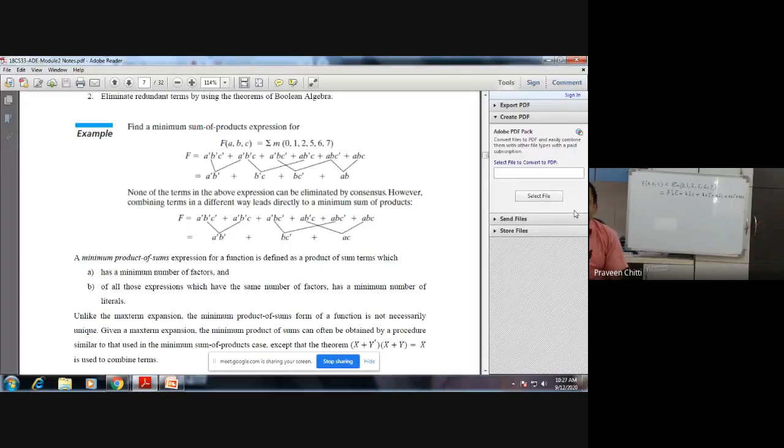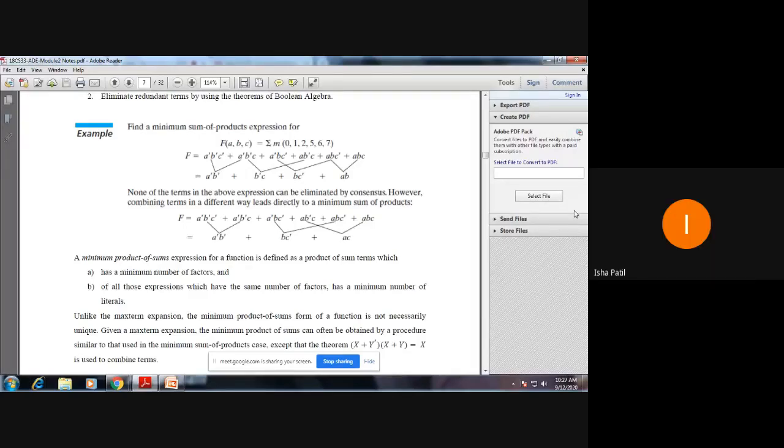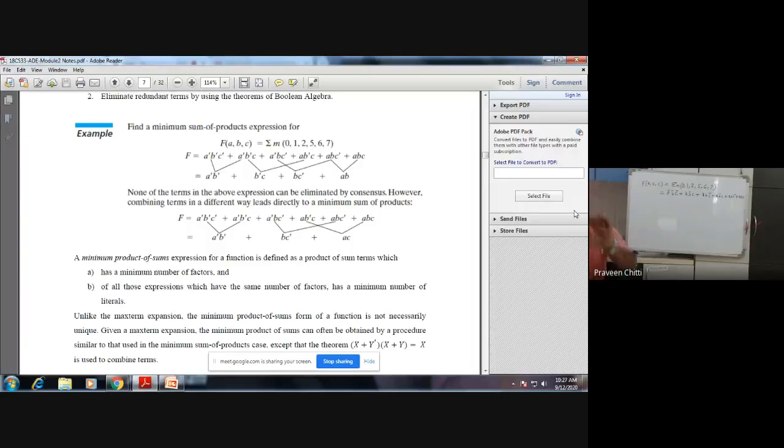If you don't have any structured method and you want to use the laws of Boolean algebra, identities and theorems, there are different ways in which you can simplify this. You have to try to club the terms where you can use the property x plus x bar equal to 1. X plus x bar will always be 1. This property is normally used in simplification so that one of the literals can be eliminated.